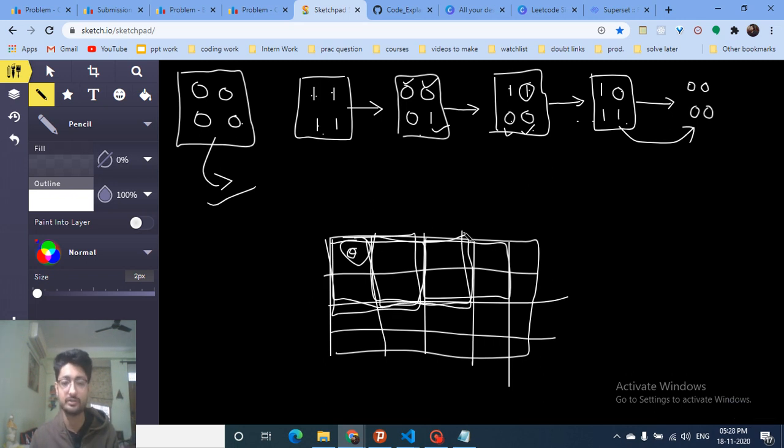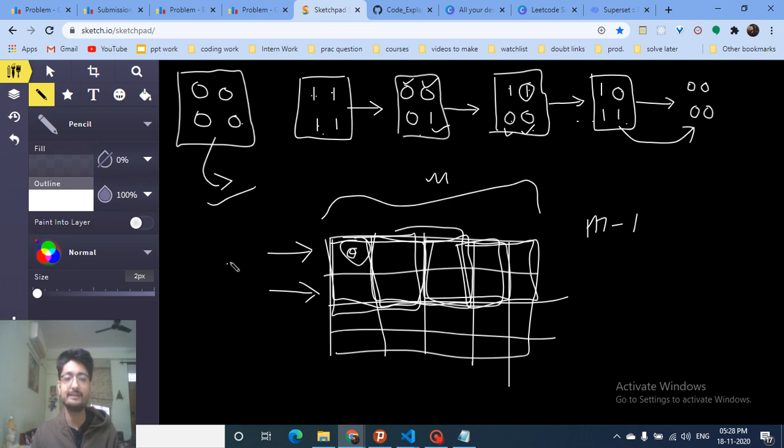So for this I can do 3 operations, and the number of squares I can choose, if I just move along in the row taking 2 rows at a time, is m minus 1 if m is the number of columns, and same for rows, I can choose n minus 1 rows. And thus for every square I will find out what particular state it has.